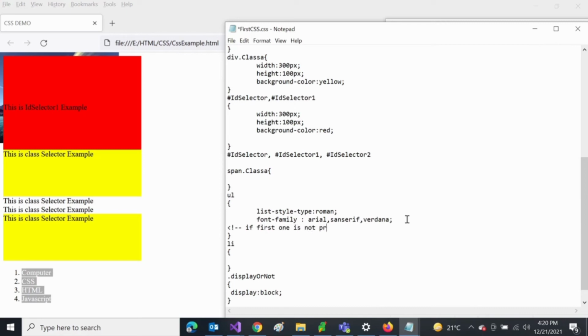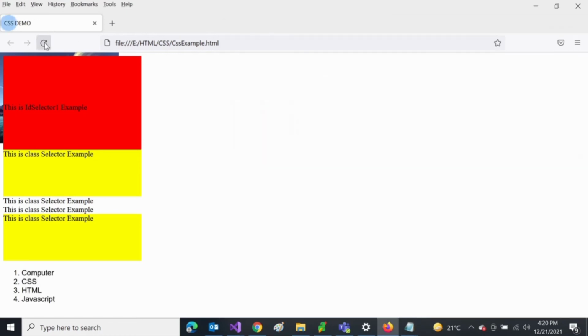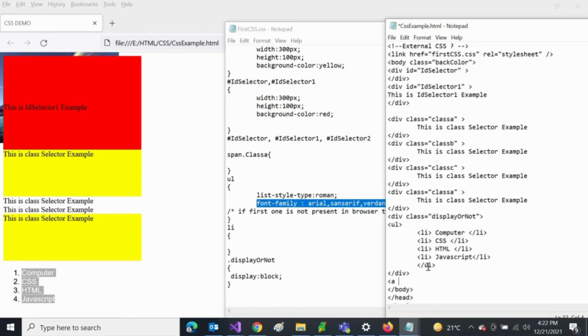This means that if the first one is not present in the browser, like it's not installed, then the second will be applicable. If the second is not applicable, then the third will be applicable to the font family of that HTML element. Again we were making a mistake, so let's close the comment with slash star and star slash. Now let's refresh it. This font has become Arial now, right? So the first one gets applied.